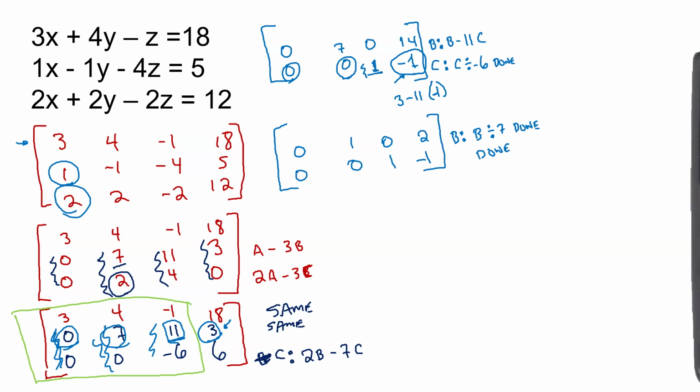I want to get a 1 right here. That is my new target. Fix this guy. Right now, it's a 3. So what I can do here, you know what? Before I even do that, let's do one more thing first. Let's not go after that one. Let's actually go